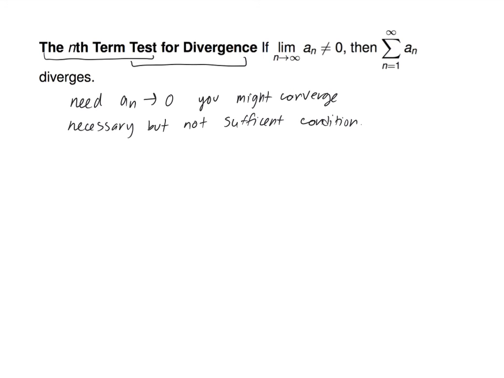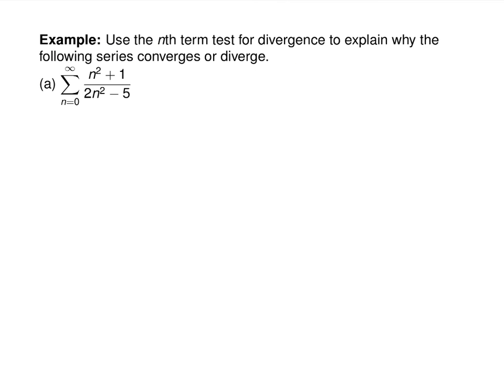But that means that if you need it and it doesn't happen, then convergence can't happen either. Does that make sense? You need these things to go to 0 just to have a chance. And if they don't go to 0, you ain't got no chance. Okay? Does that make sense? So that one would be an if and only if. The one above that. Kind of.